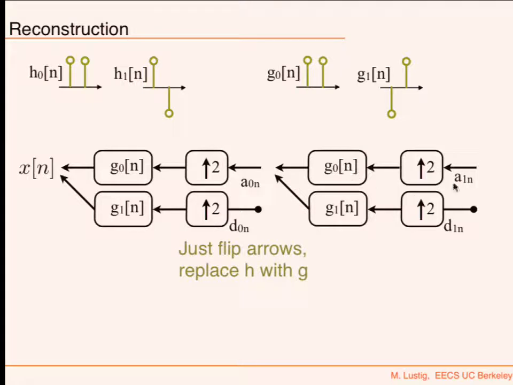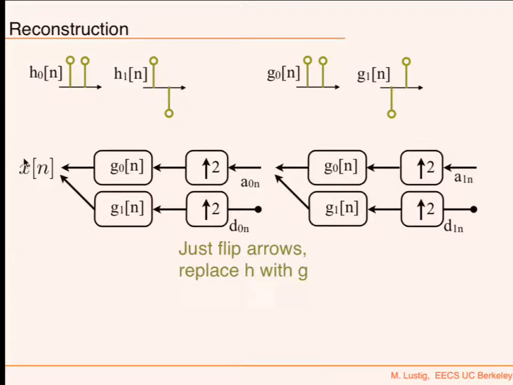So now you've got A1 and D0, you upsample, and then filter and then add. And then you've got the D0 here, and A0 that you got from here, then you upsample, convolve with G0, convolve with G1, and then add, and so on and so forth. So again, the reconstruction is very simple. It requires upsampling and then convolution. The other case, the decomposition, requires convolution and then downsampling. Okay?